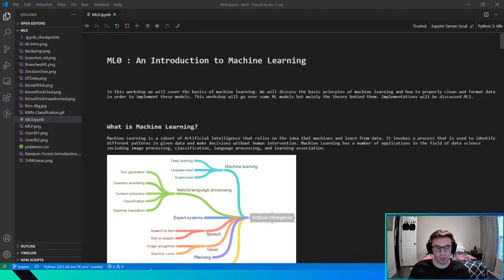I believe next week we'll be doing ML1. ML1 is going to be going over the actual implementation of it. So today we're just talking about high-level concepts, but next week we'll be actually talking about, okay, let's actually code some of this stuff. So that's what we'll be doing today. I'll give it a couple more minutes, but I'm excited to talk about machine learning.